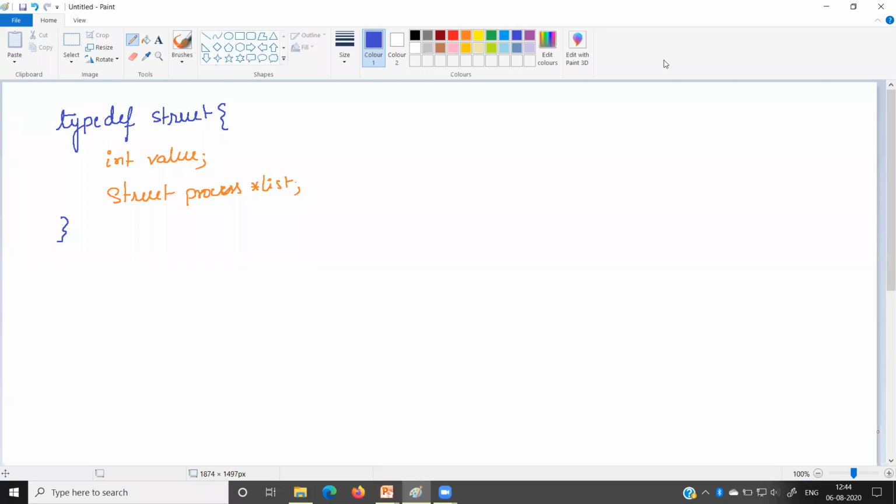So in case of modified semaphore algorithm, you can see over here, instead of taking the semaphore as a single integer variable, we will consider the semaphore as a structure variable. So here you can see the typedef struct. This structure represents the semaphore variable s.